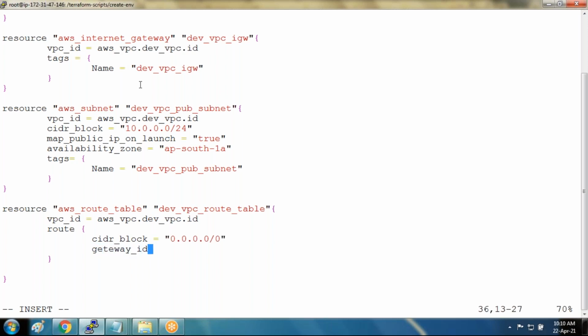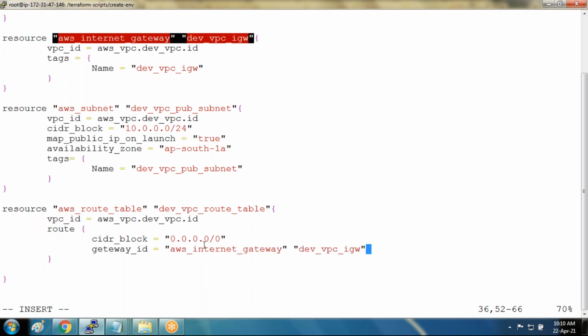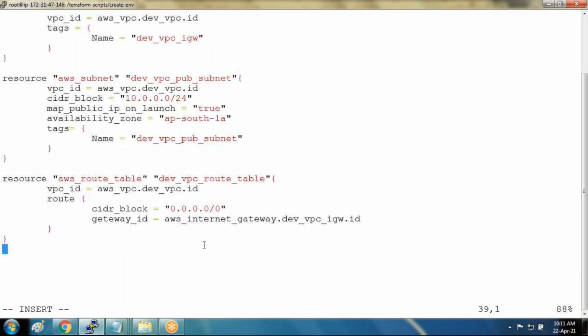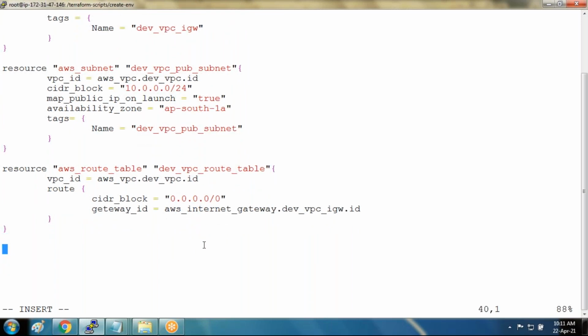Gateway underscore ID. The gateway ID is nothing but that's our gateway ID. So dot ID at the end, and then remove these quotations. I have copied it. That's our gateway ID. Since a route table should be having some gateways, that is the reason I have created the gateway first. Now we have gateways and route tables, but the question is how to associate this route table